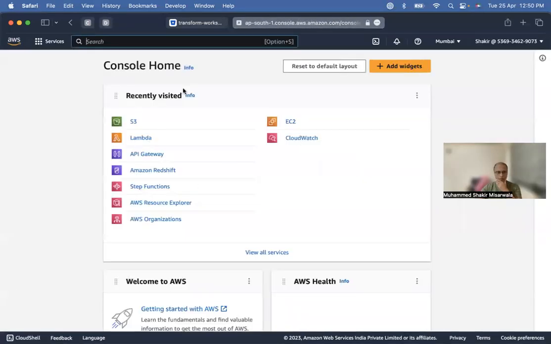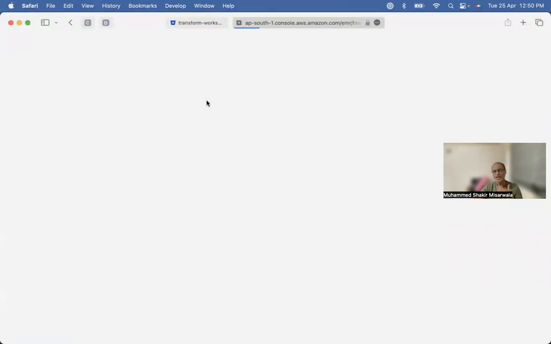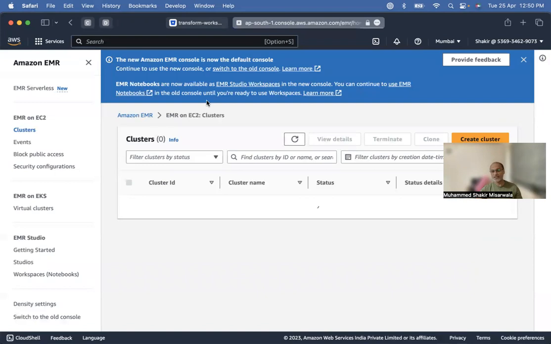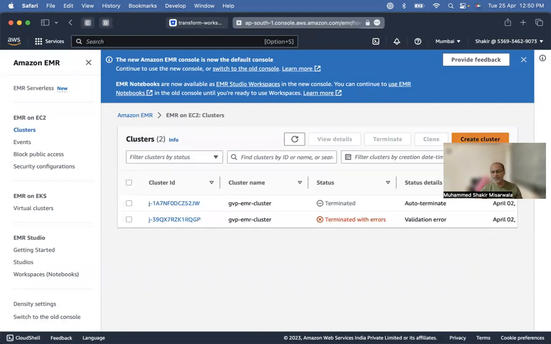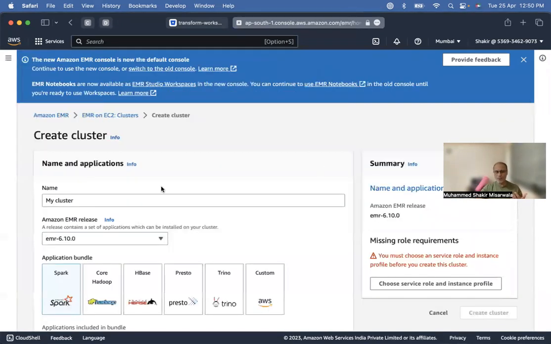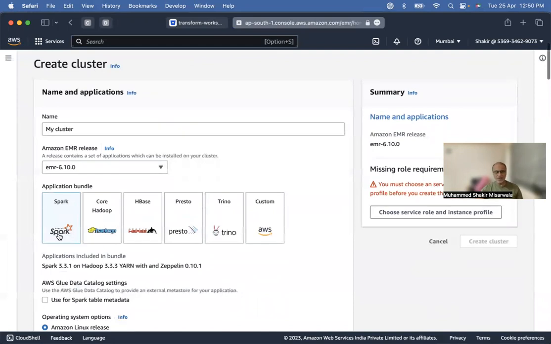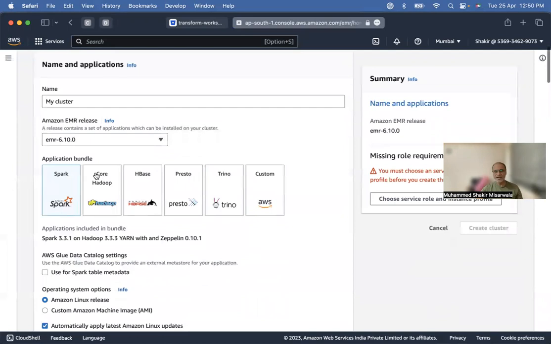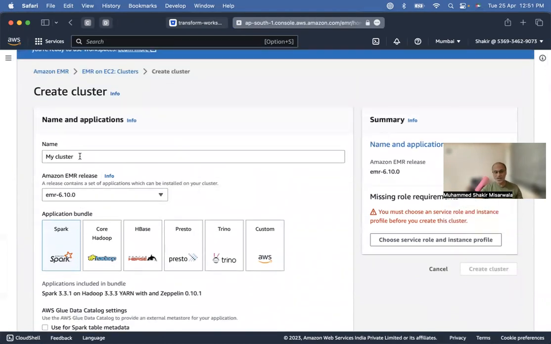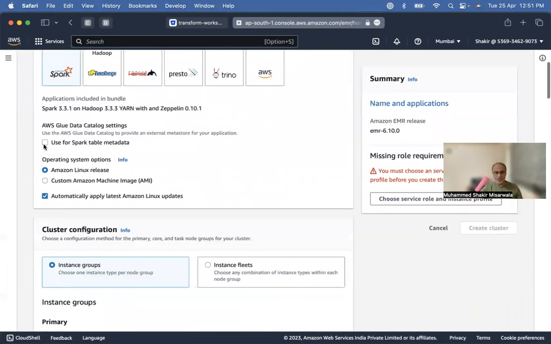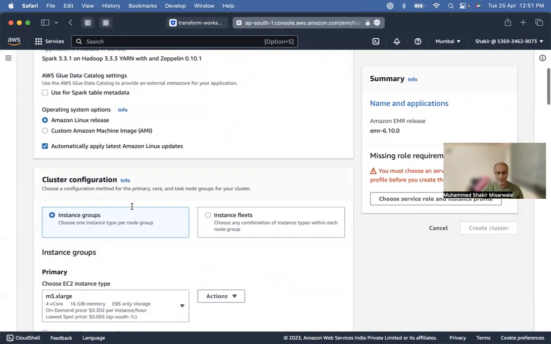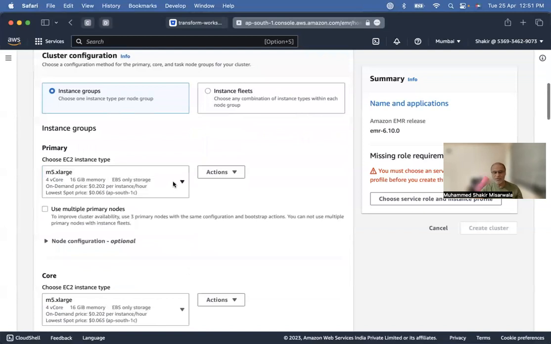ओके, ये देखो अभी यहाँ पे मैं जाऊंगा EMR पे, ये है EMR। यहाँ पे हम लोग पूरा क्लस्टर सेटअप कर देंगे। सीधे ऑप्शन ऑफ क्रिएटिंग अ क्लस्टर। अभी मैं इसको बनाऊंगा नहीं फाइनली, लेकिन ये देखो अपाचे स्पार्क, हडूप, HBase, प्रेस्टो, ट्रिनो, कस्टम, ये देखो राइट। तो यहाँ पे हम अपना क्लस्टर बनाएंगे। यहाँ पे वो ऑप्शन देता है यूज फॉर स्पार्क टेबल मेटा डेटा वगैरह, ग्लू को यूज करना है कि नहीं हम सिलेक्ट कर सकते हैं, ब्ला ब्ला ब्ला सब इंस्टेंस। देखो यहाँ पे मशीन सिलेक्ट करने देता है। तो प्राइमरी नोड कौन सा